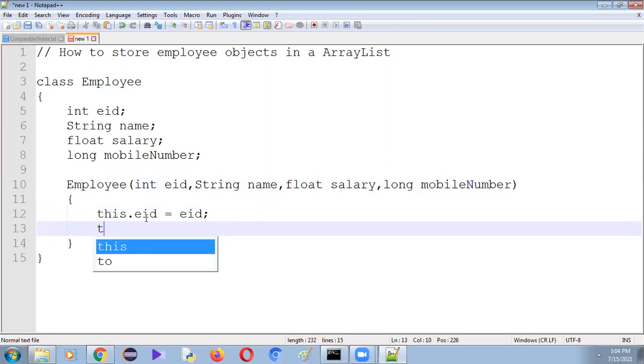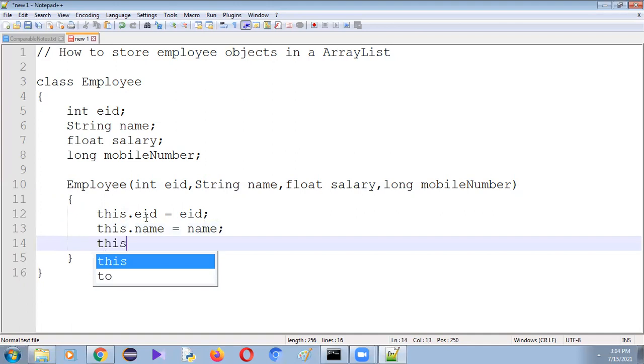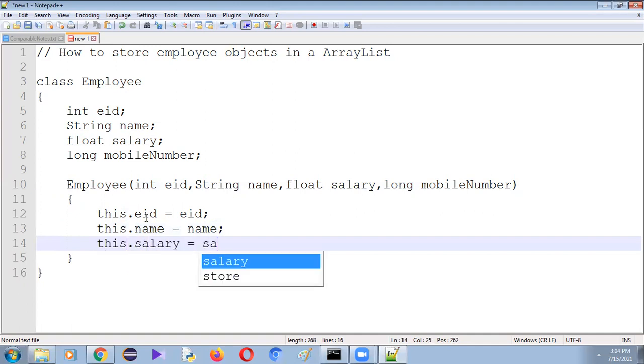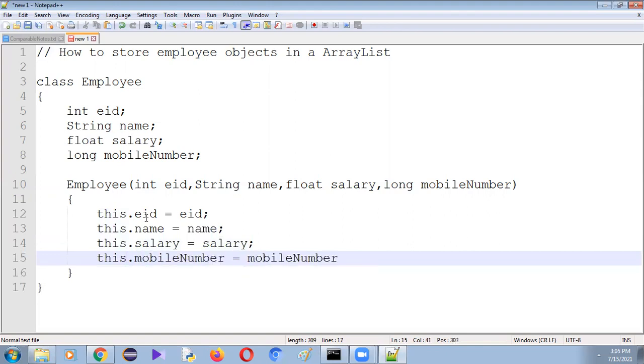In the same way, let me assign the remaining values. this.name = name; this.salary = salary; this.mobileNumber = mobileNumber.